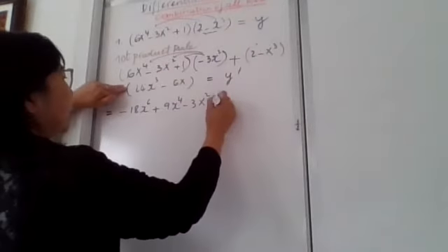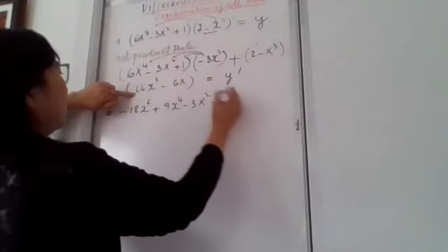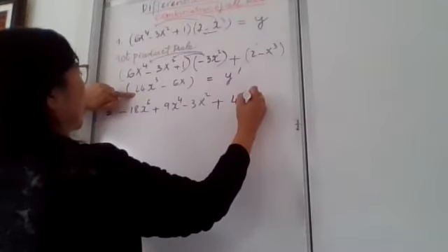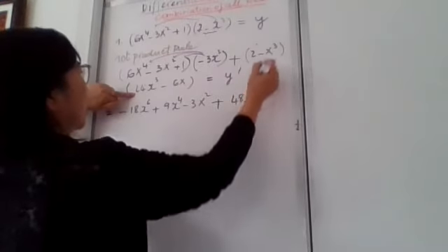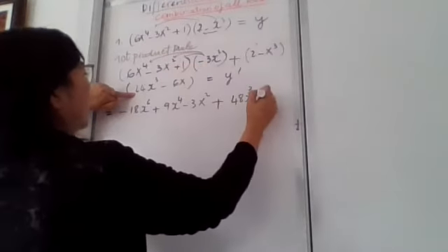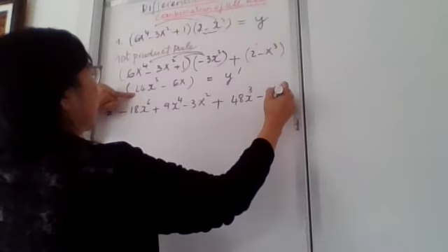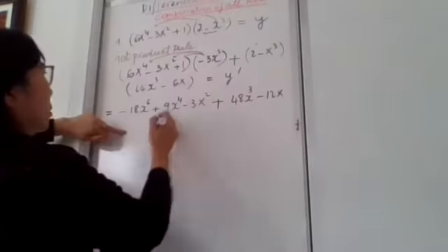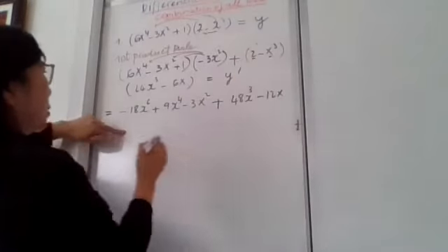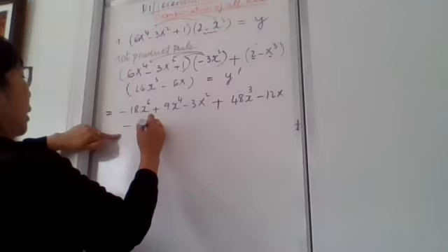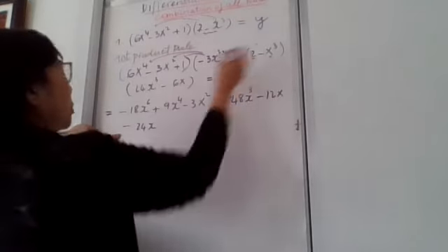So 2 times 24 will be 48x to the power 3, and 2 times minus 6x is minus 12x. So I'm done with 2. Now go to the next one, which will be minus 24x to the power 3 times 3, is 6,